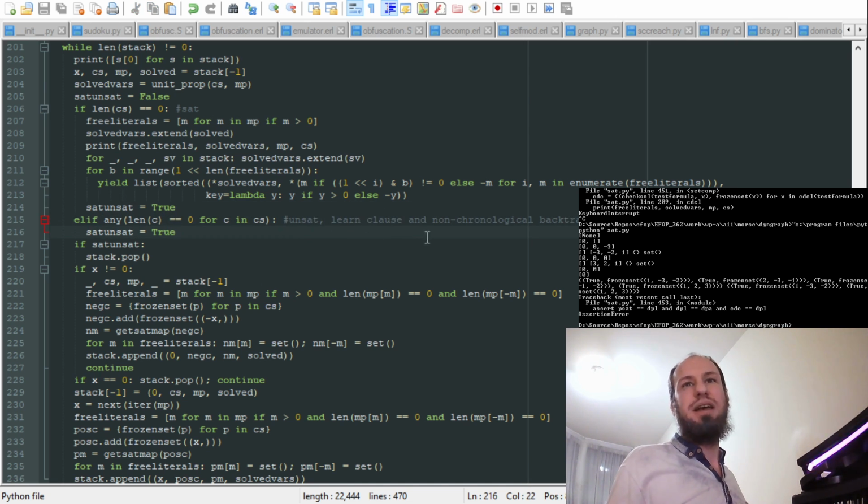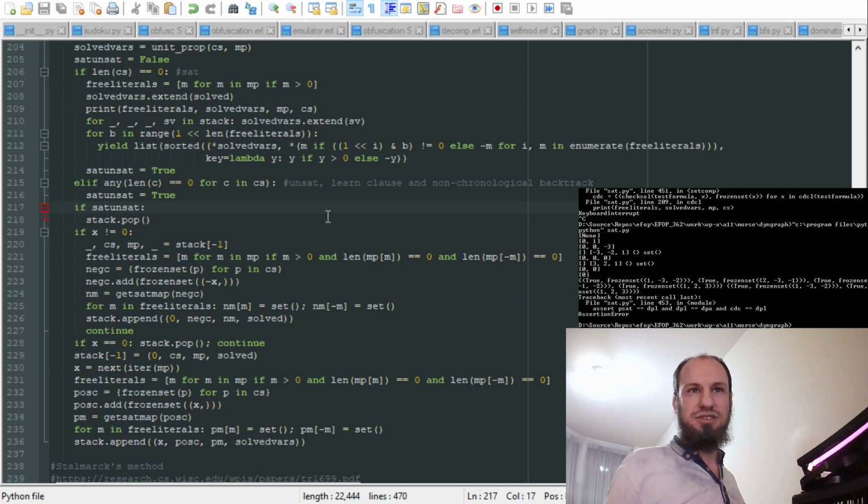We want the stack to basically already be in order, and even if this is considered non-chronological, it'd just be popping extra items off the stack while we add learned clauses. So if x is not equal to 0,